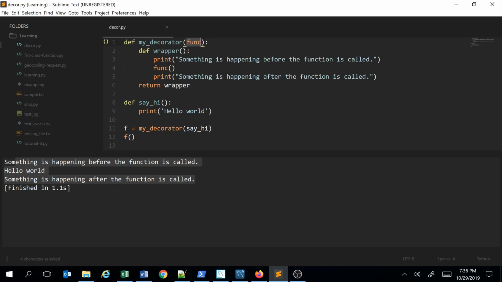So this will take a function as an input parameter, and then it will go inside the function called wrapper, and the wrapper will execute the something happened before function is called statement. And then what is the function we executed, right? It has that function object, right? So basically it will convert as say hi, and it will execute the print hello